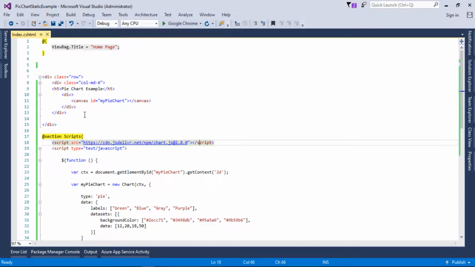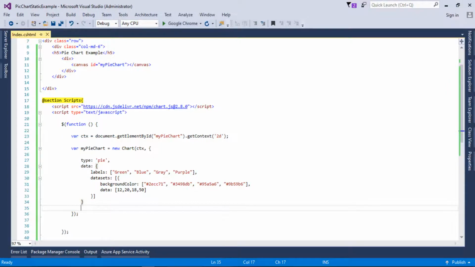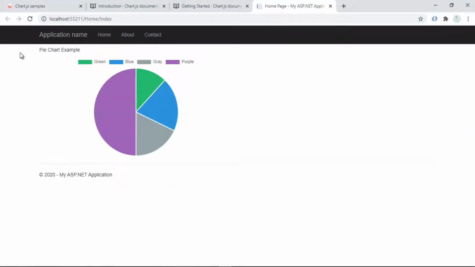We typed this code to render the pie chart, and the output of the last video was this. Today we will focus on the bar chart example.